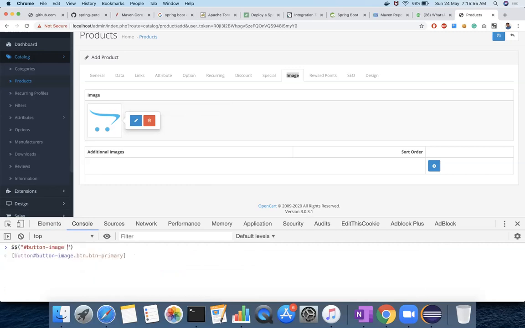Space refers to the child, and then dot fa-pencil. Like how you write in XPath, you can write in CSS too, at two levels. If it is an ID, use hash, and if it is a class, use dot. First you identify an element, and if you want to identify the child or descendant, use the space. Space acts like double slash in XPath.